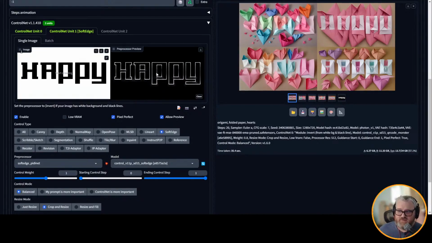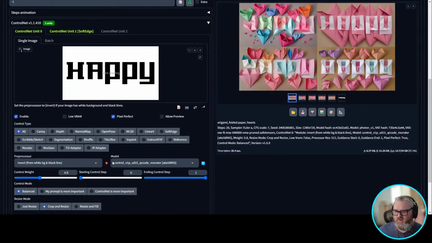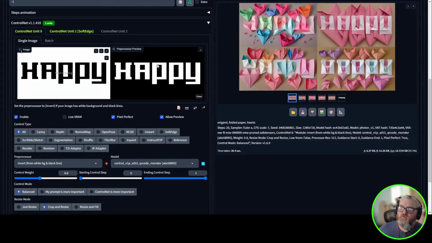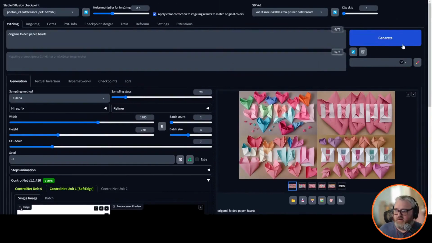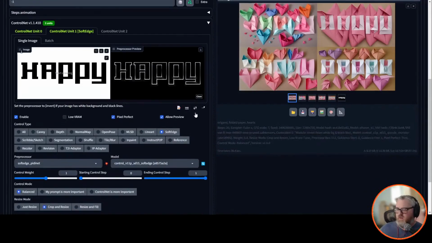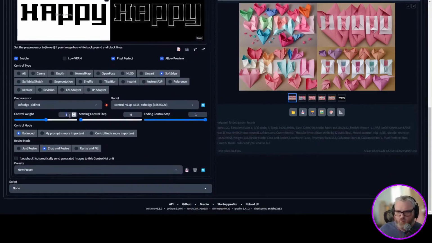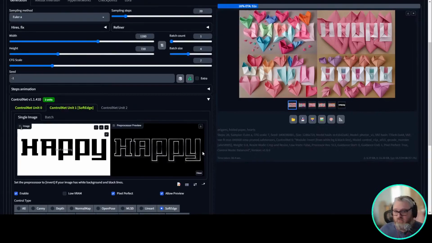So as you can see with soft edge, it gives me the soft edges around the text. Whereas with this one, I don't know if the bang works with this. Yeah, it does. So with this one, I'm just getting the actual words. So we got the insides, and now we've got the edges as well. So hopefully this will draw stuff in the middle and then give us some outlines around them. Who knows? All this stuff is just dependent on whether it works or not. So let's try that. And I think my weight is too high. The weight is 1 by default. With this stuff, you kind of want to start around 80%, 70%, 0.8, 0.7. But let's see what 1 does. Maybe it'll work.